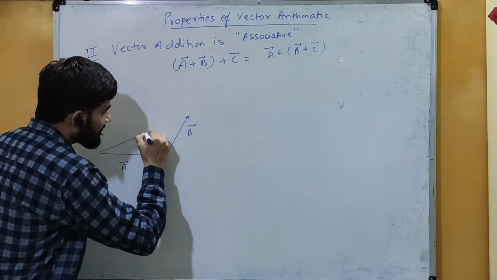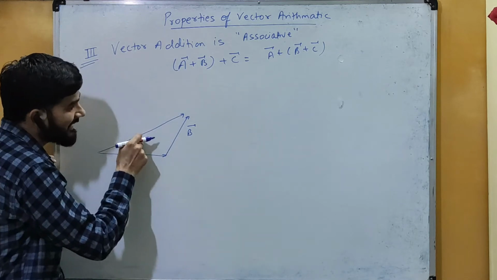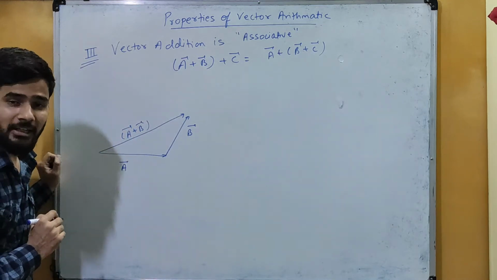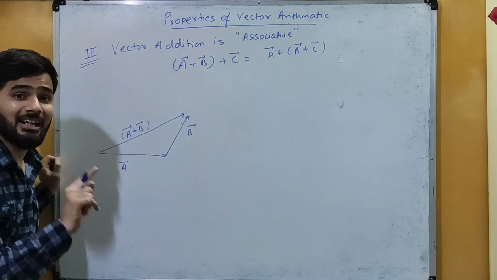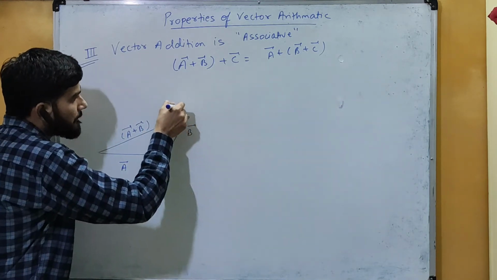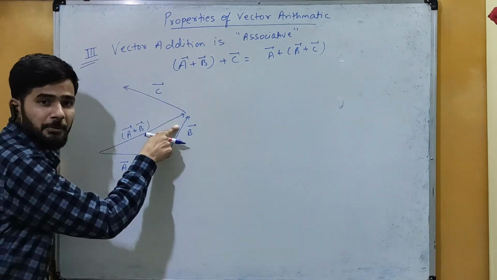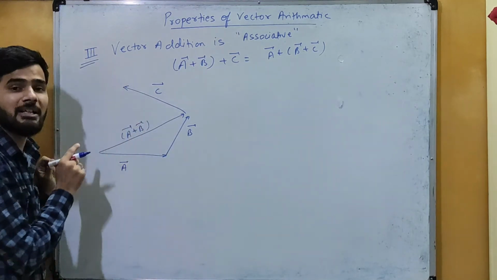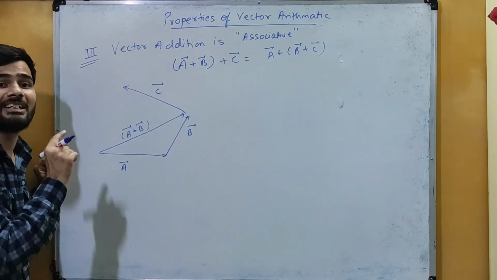So this third side, that will be the resultant one, and that is in the opposite order. Okay, so we can write that this resultant one is equals to vector A plus vector B. Okay, so we have found the separate addition of this vector A and B. Now we have another vector, that is vector C, and we have to add the vector. Okay, now suppose for example हमारे पास ये जो third vector है, this is vector C here. Okay, now you can see this vector A plus B and vector C, they both are in the same order. कि जहां पर A plus B vector खत्म हो रहा है, वहीं से हमारे पास vector C start हो रहा है.